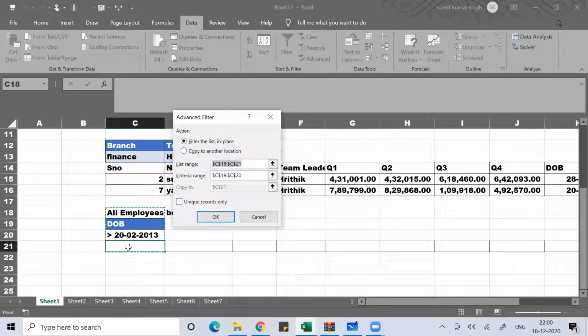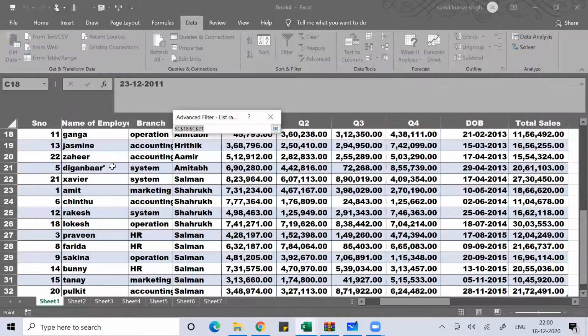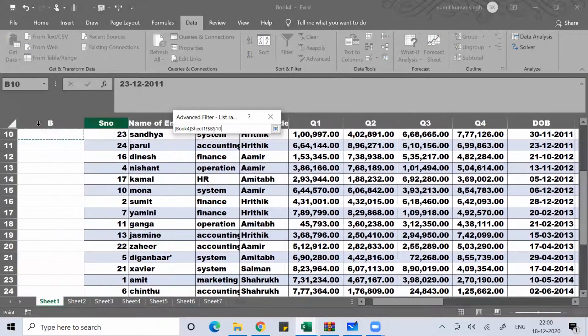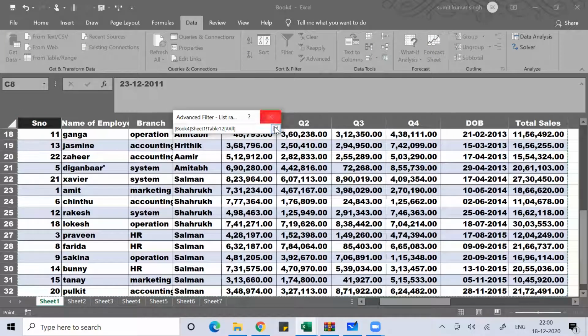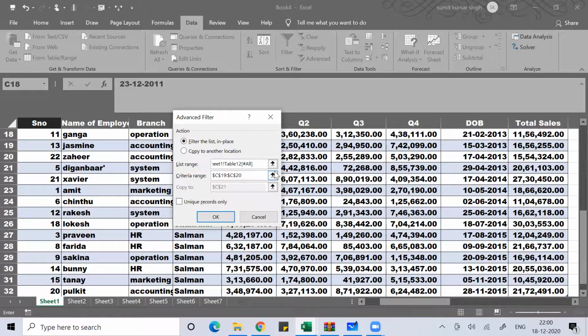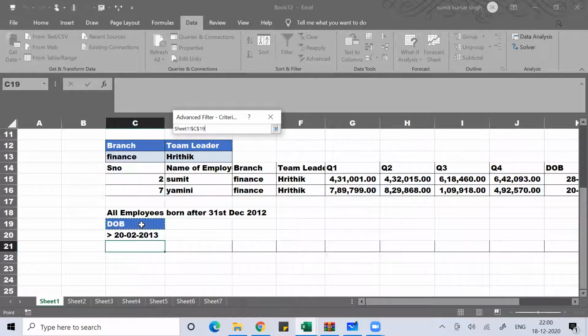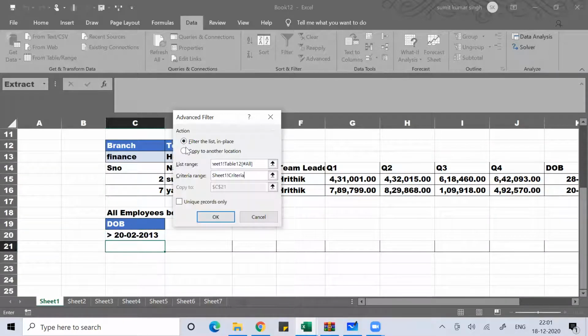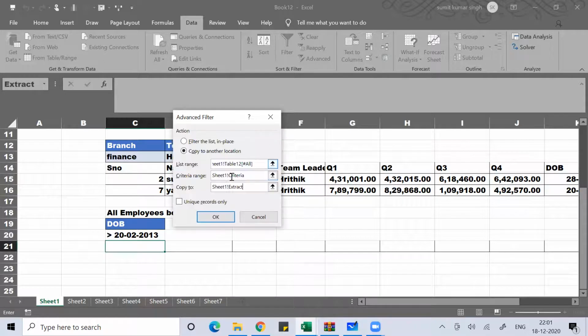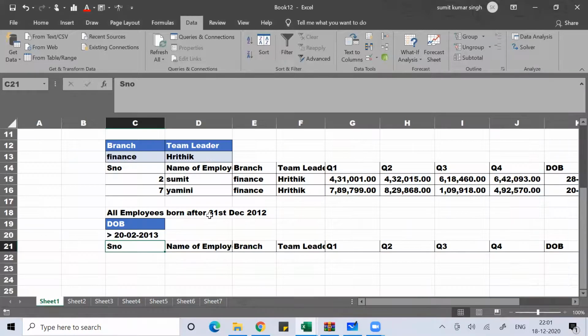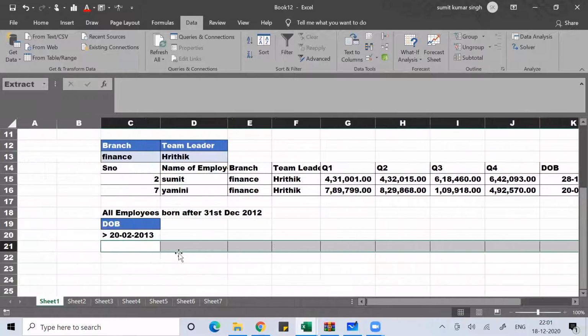Okay, Alt A Q, list range. Then criteria range. This is your criteria range. One minute.